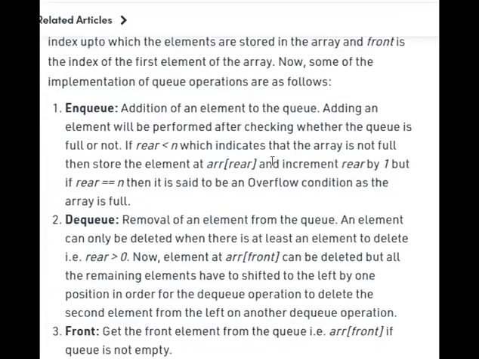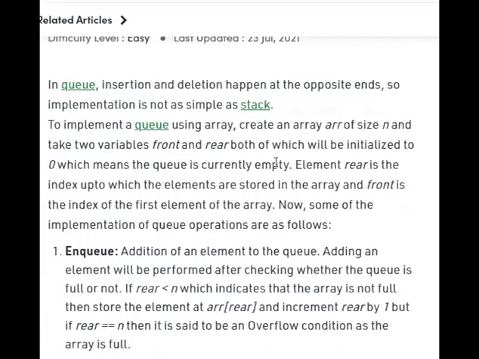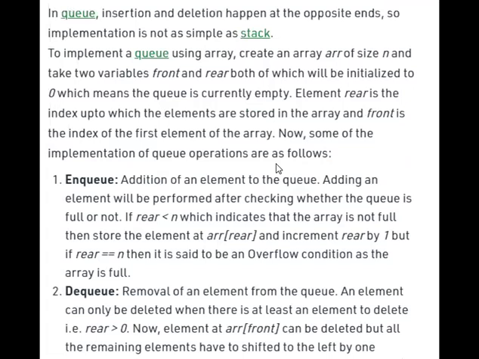In a stack, the operations are performed on the same side, the top of the stack. Here in a queue, deletion is performed at one end and insertion at the other end. So two variables are taken for a queue.